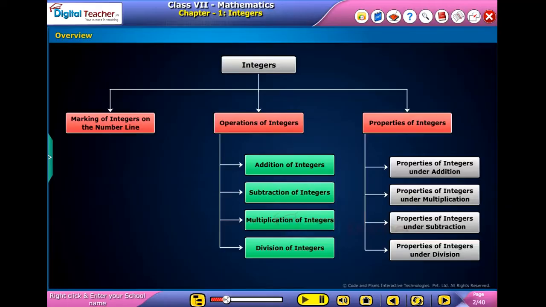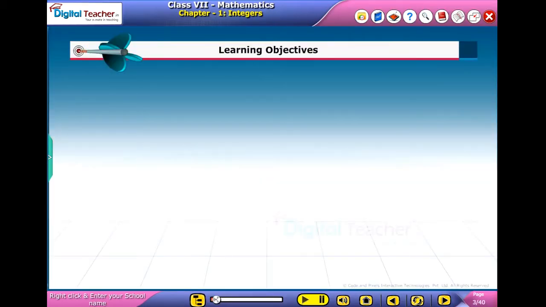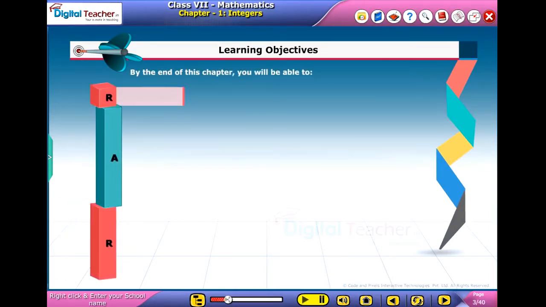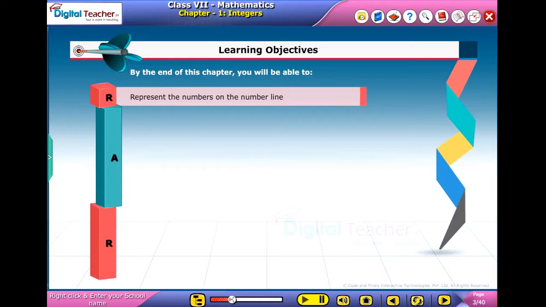This slide presents the overview of the chapter. Learning objectives. By the end of this chapter, you will be able to represent the numbers on the number line,